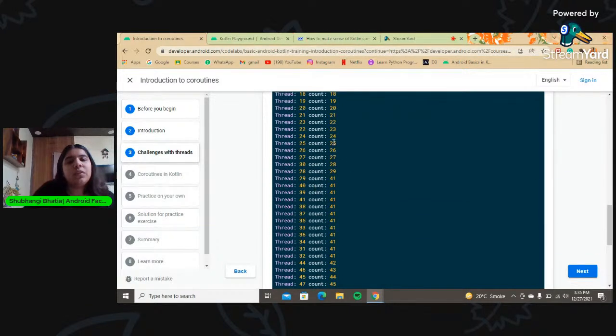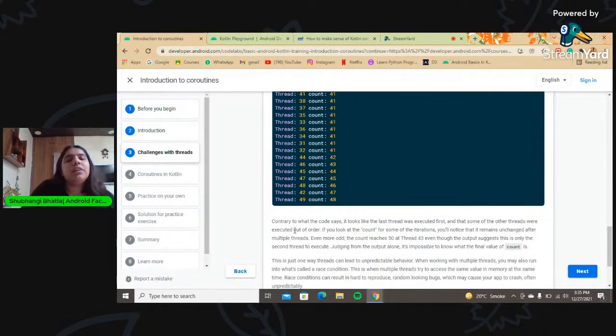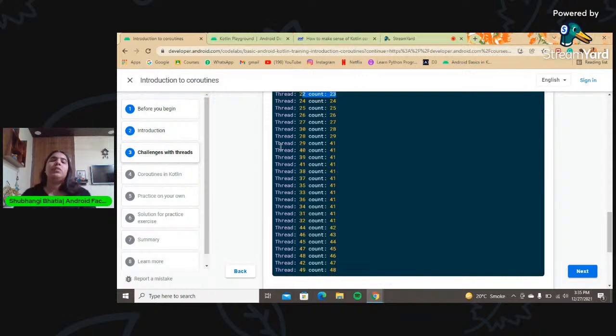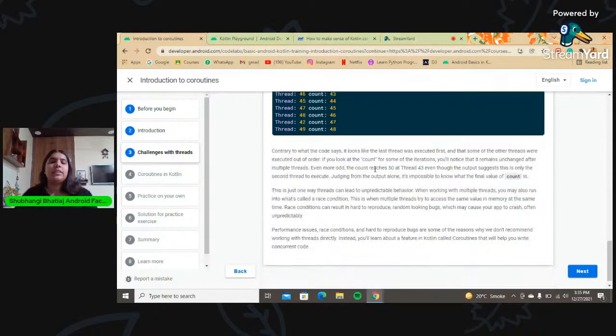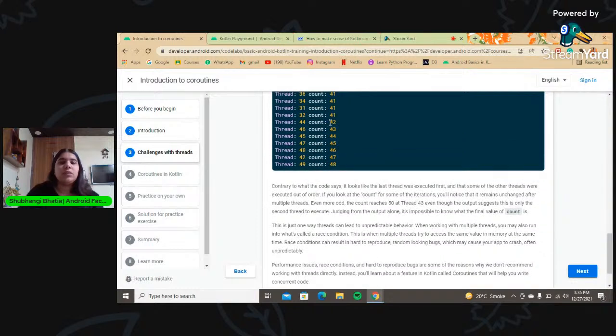बीच में यहाँ पे देखो, ये सारा काउंट बढ़ा ही नहीं, काउंट 41 का 41 है इस पूरे में और देन थ्रेड्स चेंज हो रहे हैं बार-बार, राइट? कहीं-कहीं मैच कर रहा है. थ्रेड 23 काउंट 22 मैच भी नहीं कर रहा है. यहाँ मैच कर रहा है, यहाँ नहीं कर रहा है, यहाँ भी नहीं कर रहा है, राइट? तो इस कोड को देख के मुझे लगा कि last thread is executed first, right? That's what you'll think, and that some of the other threads were executed out of order. कुछ इटरेशन, like I said, यहाँ पे तुम देखोगे काउंट सब में सेम है 41